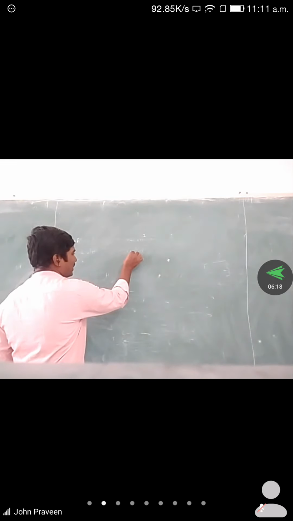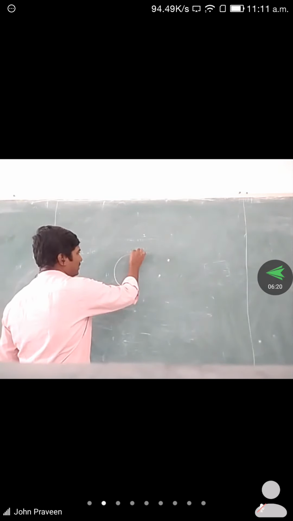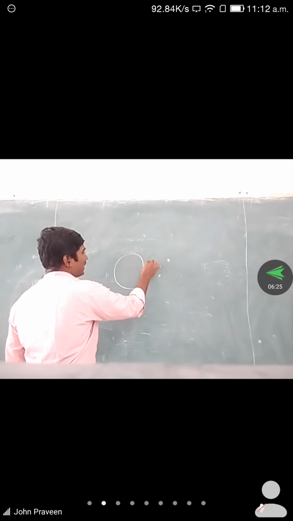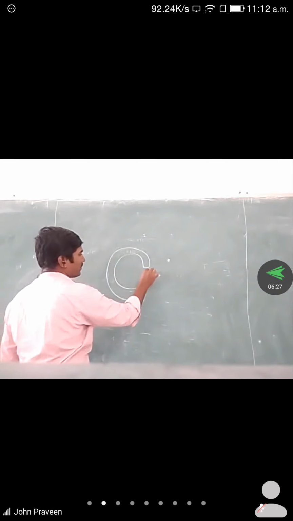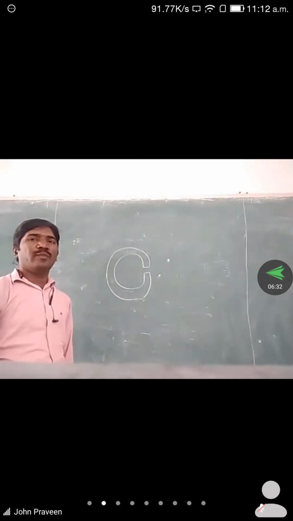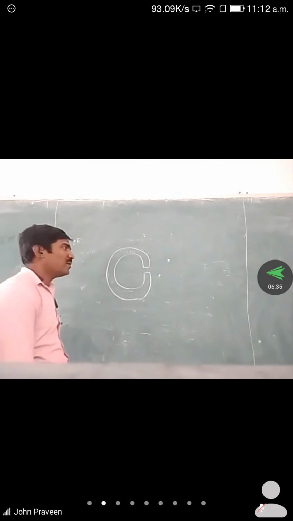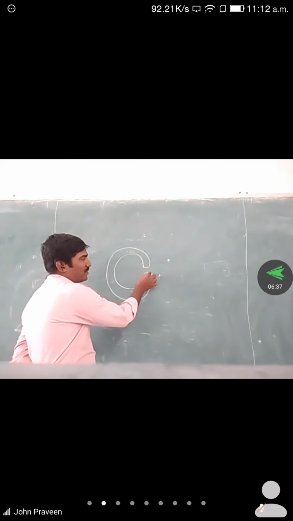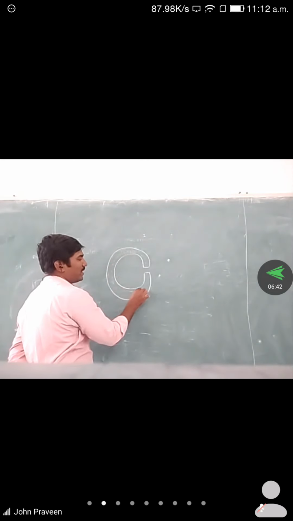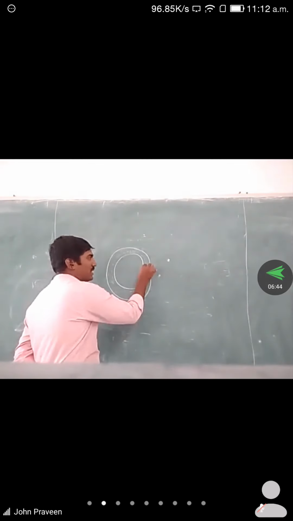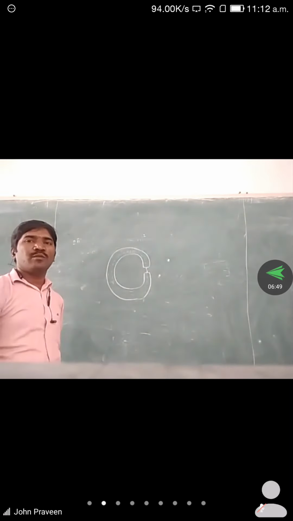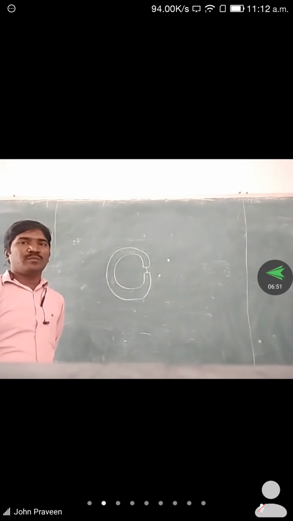Sometimes, for example, this is a circular conductor core we are selecting here. If there is any air gap, this type of problem may also be asked. Here the field strength will change. From here to here, the flux will have one magnitude, and in the air gap it has another magnitude. That type of problem may also be asked in the examination.